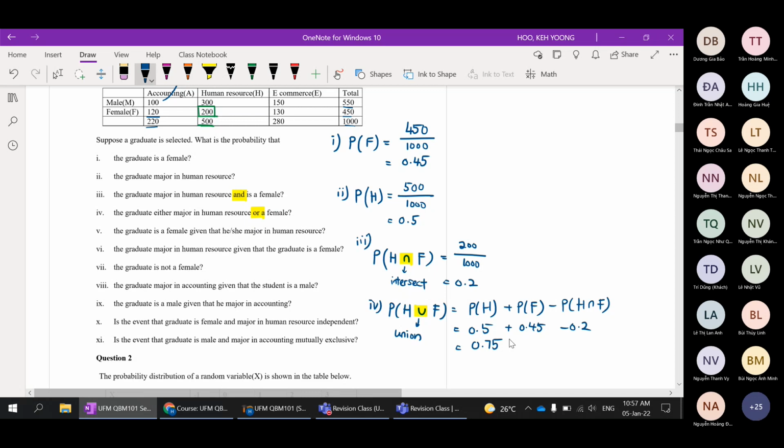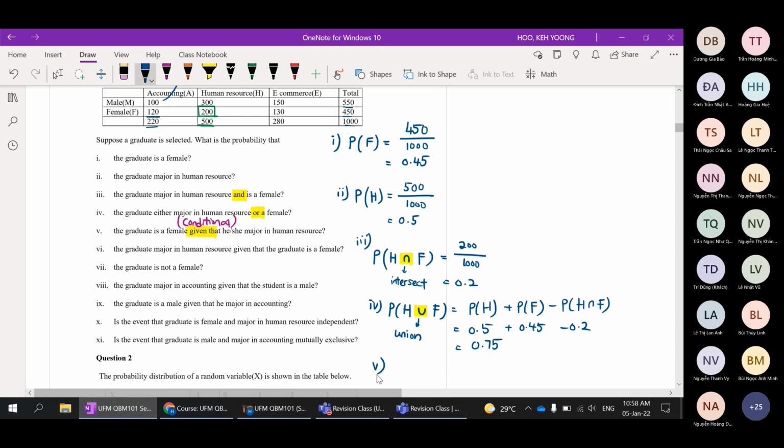Okay, the next question: the graduate is a female, given that he or she majors in human resource. So when you see "given," that means this is a conditional probability question. Okay, this is a conditional probability question. So to calculate this,